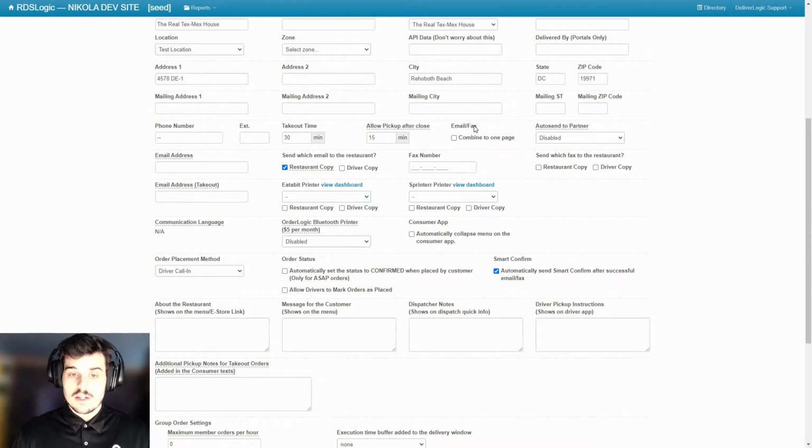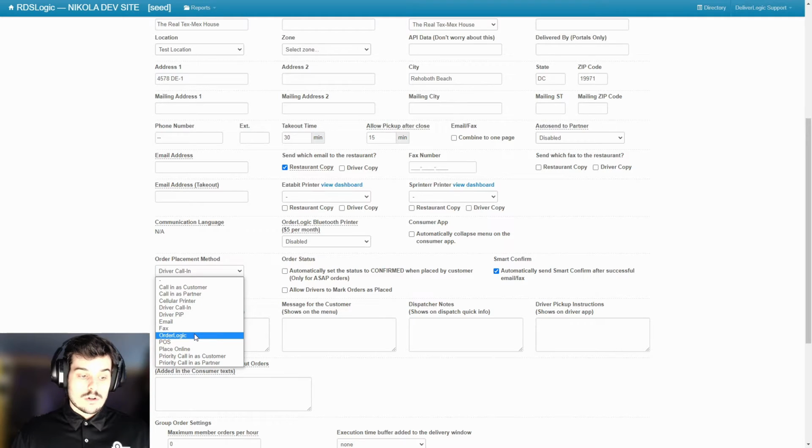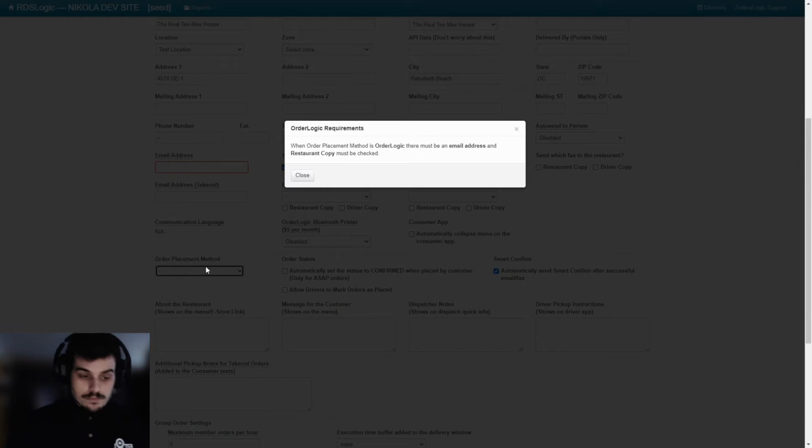Now right above that you have the email/fax combined to one page. This will send out both restaurant and driver copy for both email and fax, no matter what the settings are below. Okay. Then we also have order logic, which is going to be pushed to the DeliverLogic app. So usually you would use this if the restaurant has a tablet. And as you can see here, if we try to select it, there has to be an email address associated